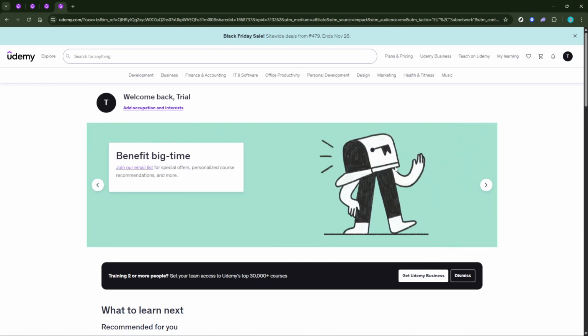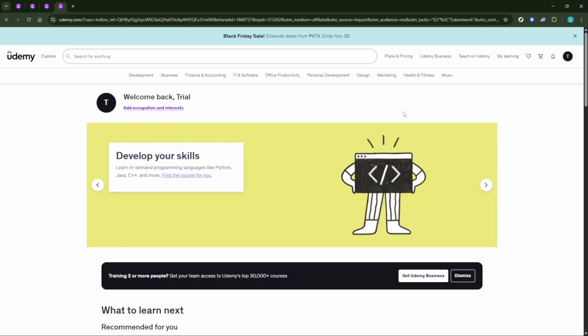But what if you're accustomed to more convenient logins? Well, Udemy has got you covered. If you've linked your account to Google, Facebook, or Apple, you can opt to log in via these platforms. Simply click the corresponding button next to each option, Google, Facebook, or Apple, and follow the prompts. It's a quick and seamless alternative for those who prefer it.